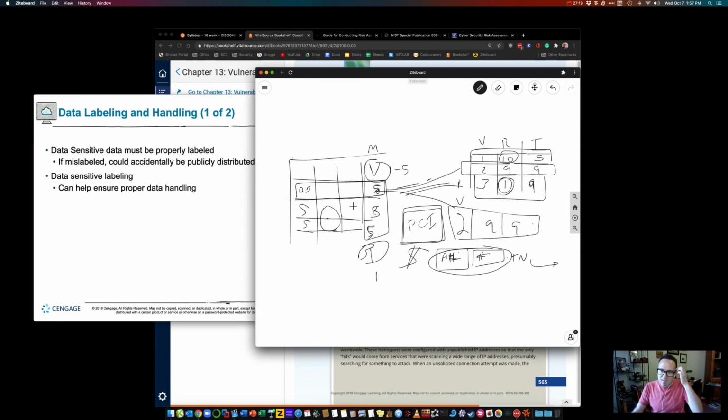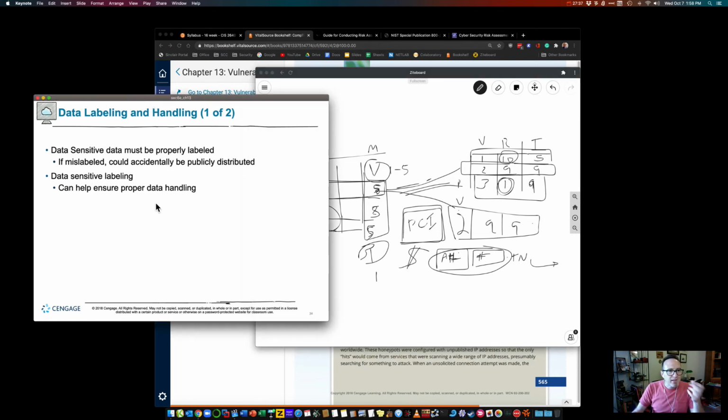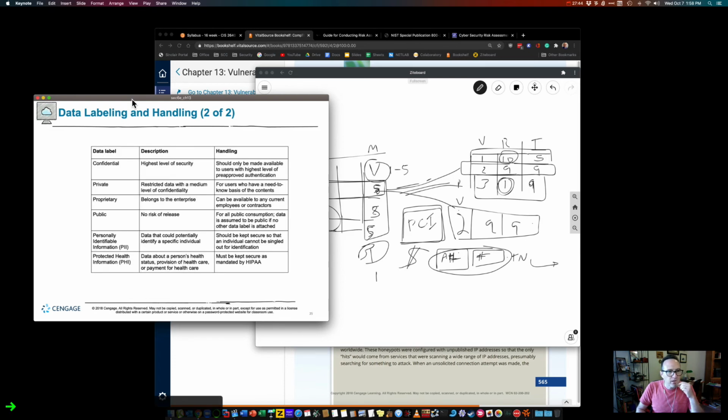We'll come back in a second here. It comes to data handling. But you can see where we transfer that risk now of credit card exposure to PayPal, Apple Pay, Android Pay. So that's risk transference. So there's mitigation, acceptance, and transference. So data label handling. It's important to understand your data. Again, is it confidential, private? You probably should have some sort of administrative controls in place, some sort of security policies